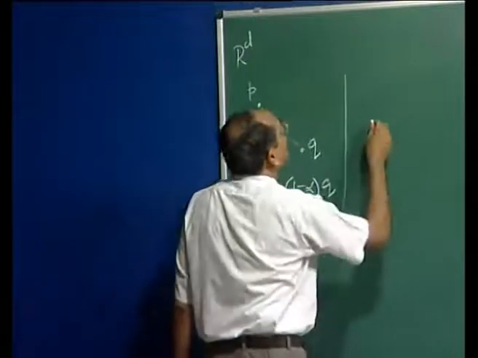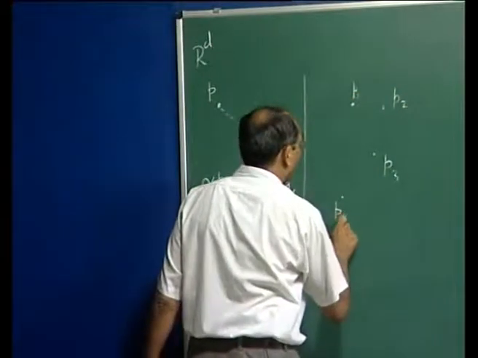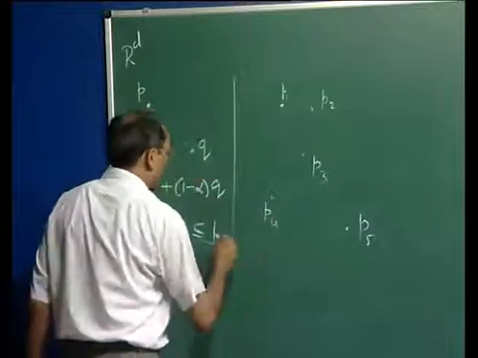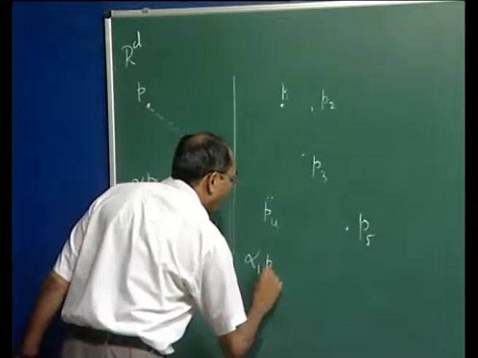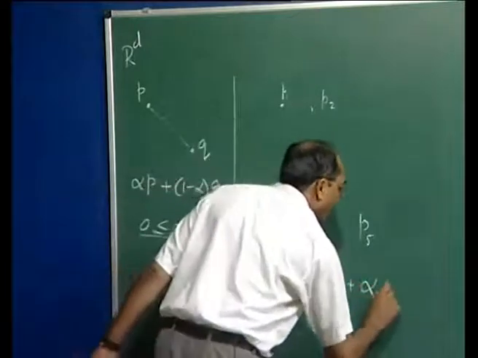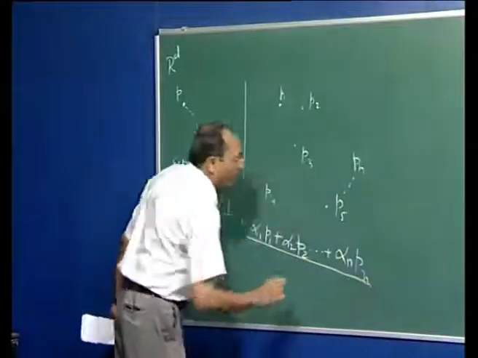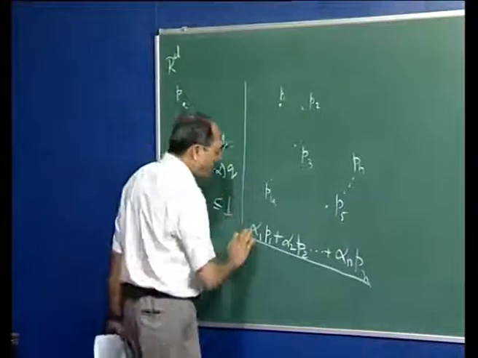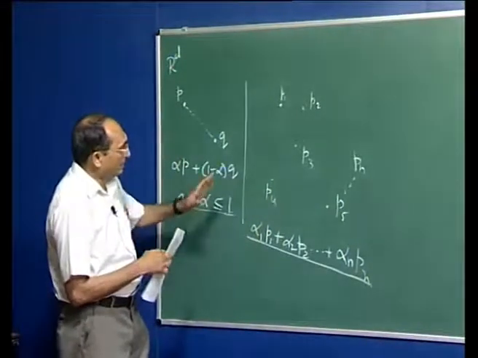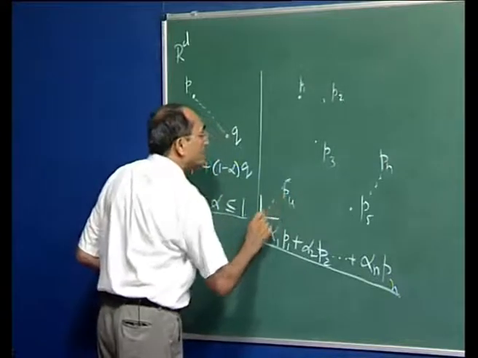If we have several points P1, P2, P3, P4, P5, then the same expression, where we express alpha 1 P1 plus alpha 2 P2 up to alpha n Pn, say we have some endpoints, spans a space. If we don't put any restrictions on alpha, then it spans the space described by these points. So, if we have some origin with respect to which we have these vectors,